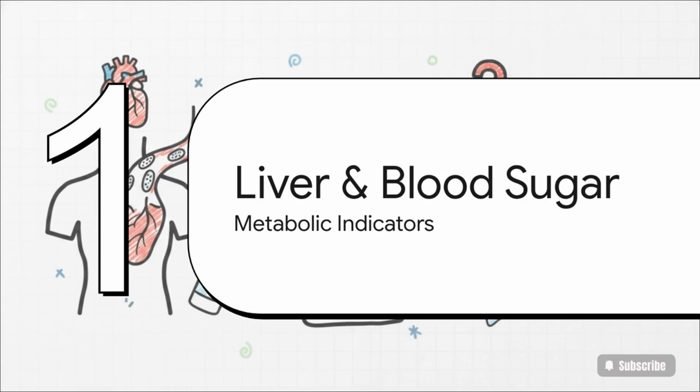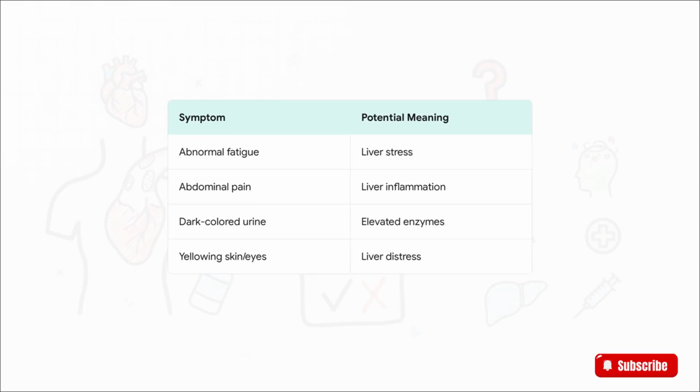Part 4, liver and blood sugar signs. Let's shift our focus to some internal metabolic signs, specifically involving one of your hardest working organs, the liver. Sign number 5 is liver stress. Because statins do their heavy lifting right in the liver, we need to keep an eye out for a few